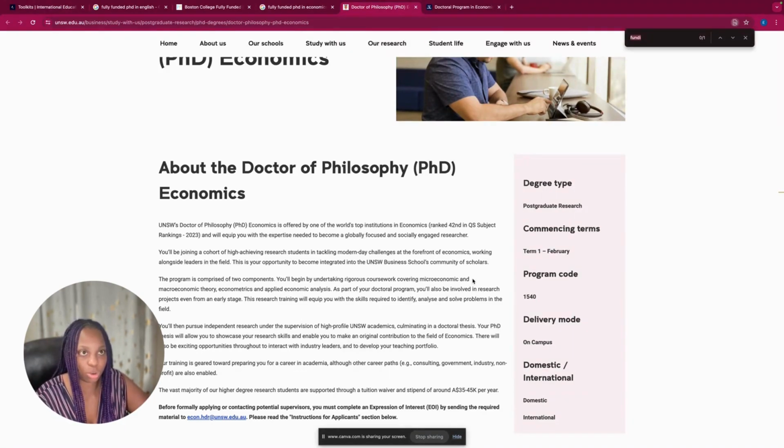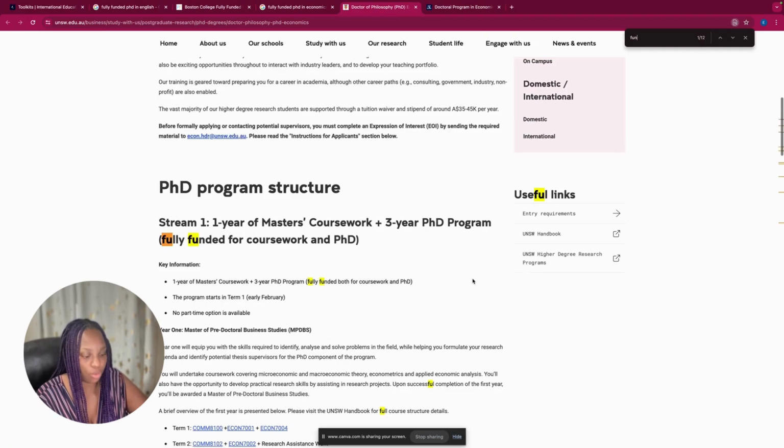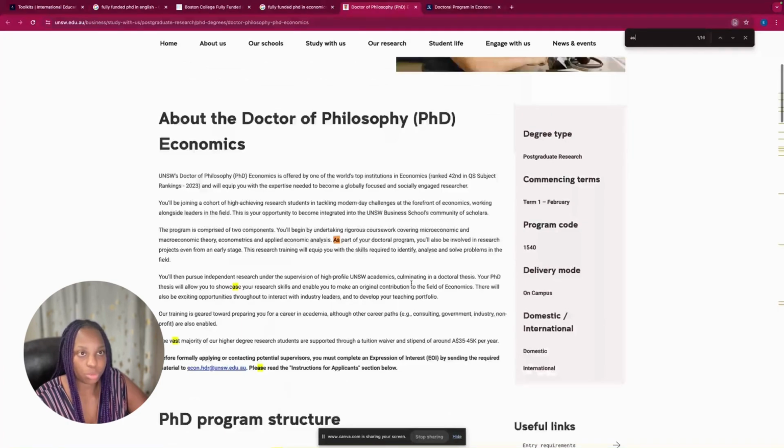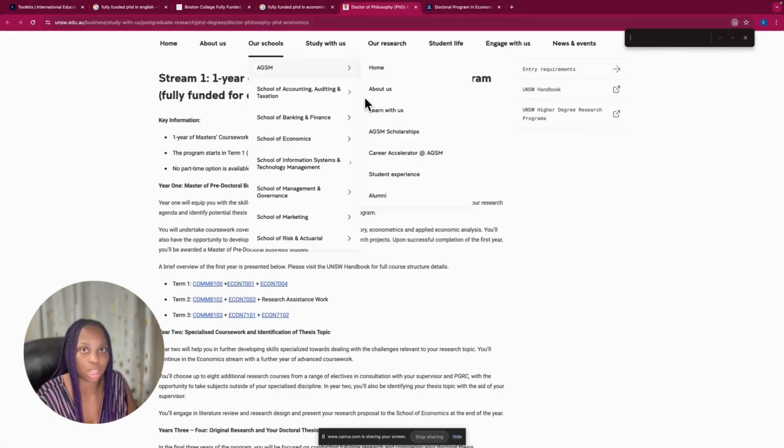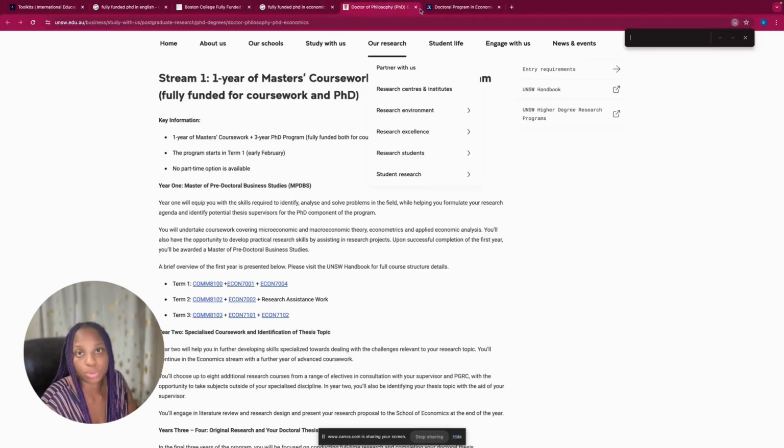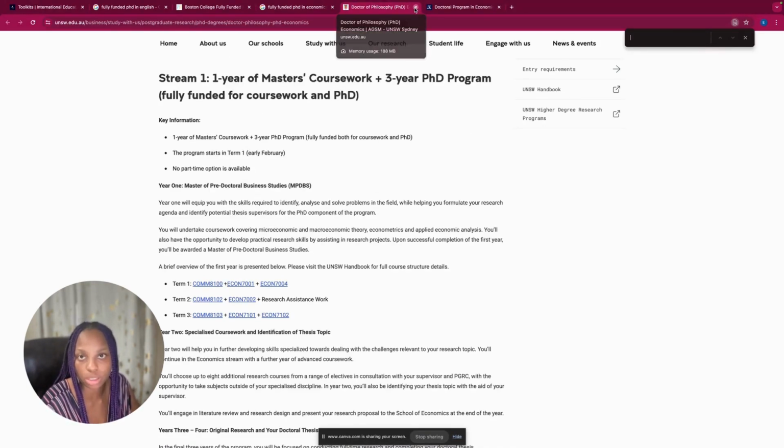Vast majority. I typically Control F, like I said. I type fund. I start with fund because different schools, different terms. Oh, see right here, fully funded coursework and PhD structure program, fully funded both for coursework and PhD. Just by me using my search option because I don't want to read through. Sometimes they might not use assistantship, so I type assist, I can see research plus research assistant, so okay, I can interpret that to mean assistantship to an extent. So every school is different, but those are various terminologies that you can use to search for options, and key terms like Control F, Command F, depending on your laptop or what system you're using, to search